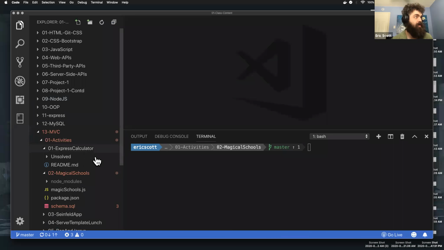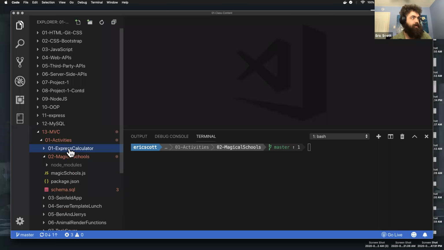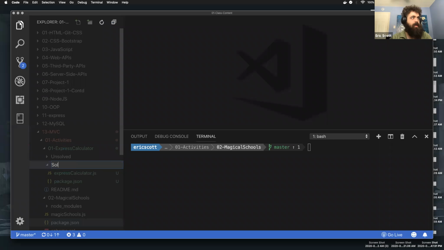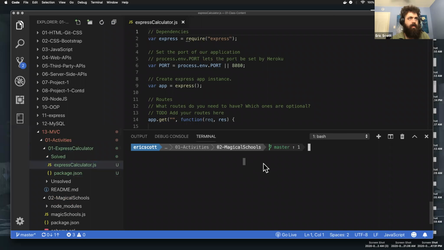All right, folks, looks like we're mostly back at this point. So I'm going to copy what we have, the unsolved folder, and put it in here as the solved version. Then let's jump into here, run npm install, and while we're doing that,